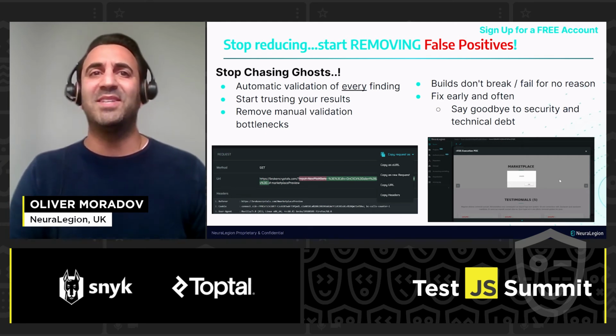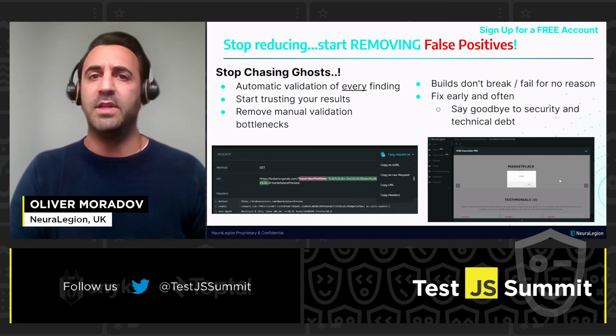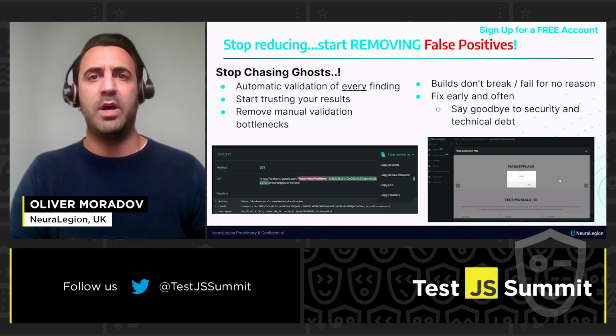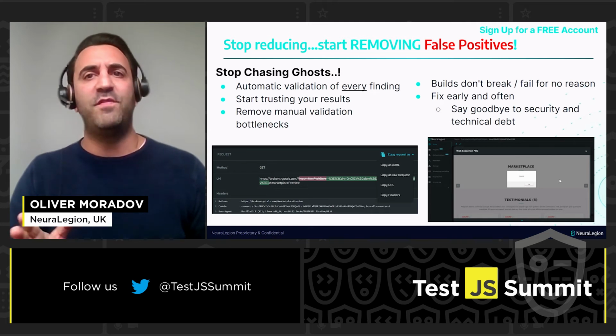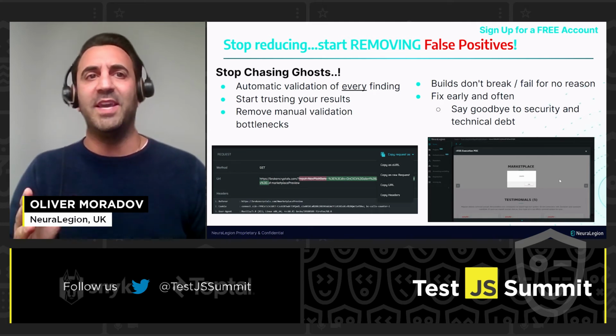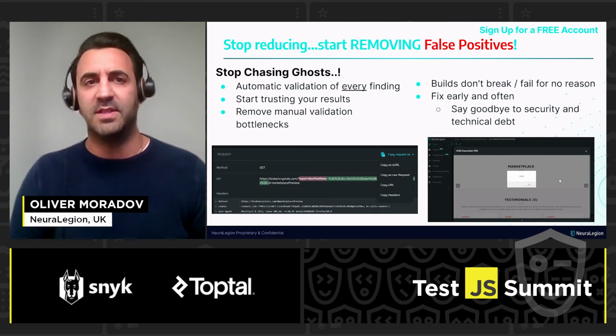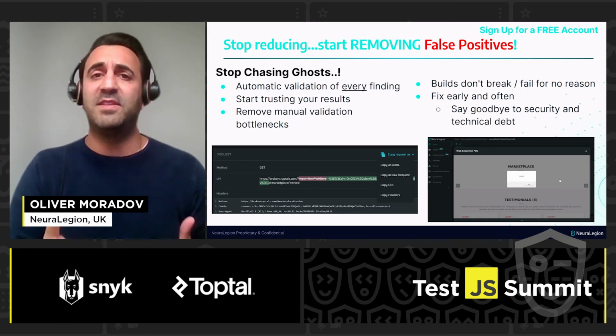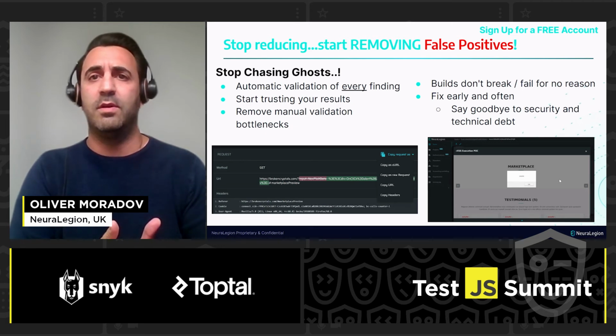NeuraLegion Scanner automatically validates every finding with a full proof of concept, with no manual validation required. Your builds aren't going to be failing for no reason, and your Jira tickets not swelling at the seams with false positives. This example on the right has an automatically generated screenshot of this reflective cross-site scripting security issue, which